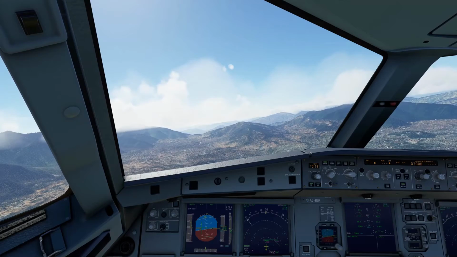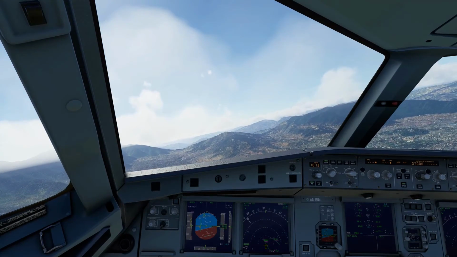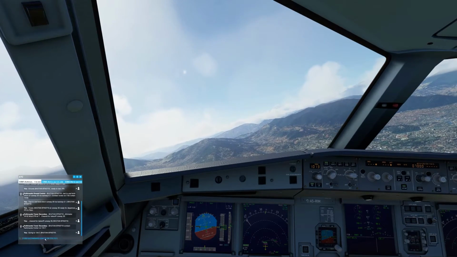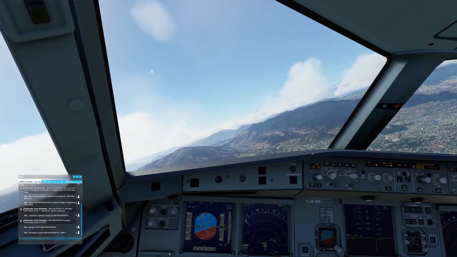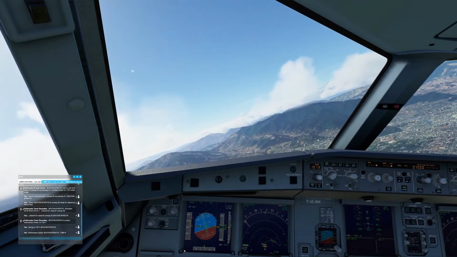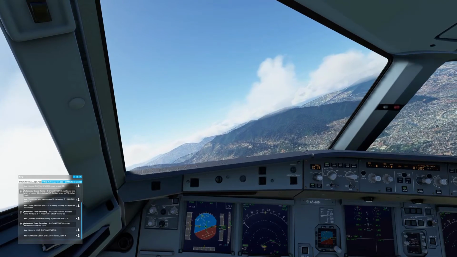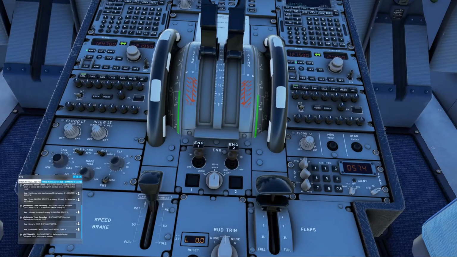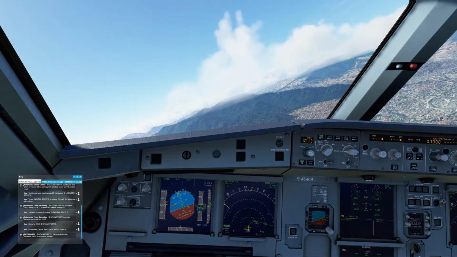Flaps up. Kathmandu Center, Bhutan Bravo Tango November 3710, 7,000 feet. Bhutan Bravo Tango November 3710, Kathmandu Center, altimeter 29.9, continuous climb.